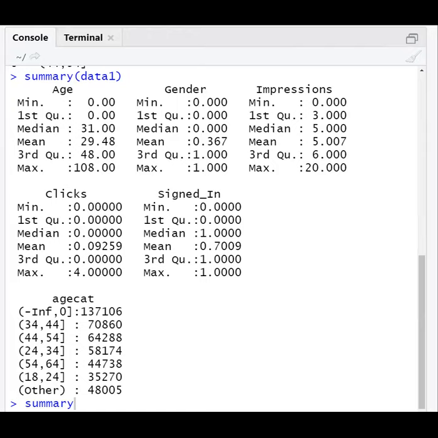The first one it will give, the third one it will give, and the middle one is always the median. In order to determine these values, there are separate formulas.